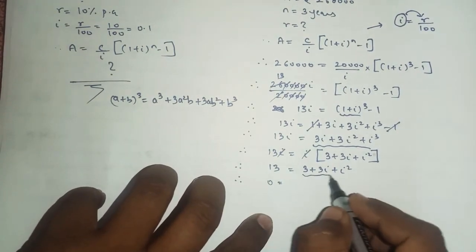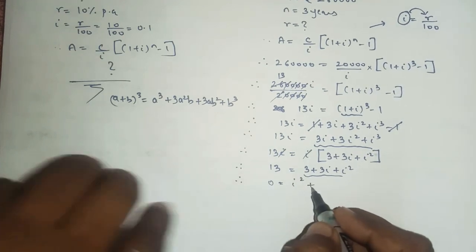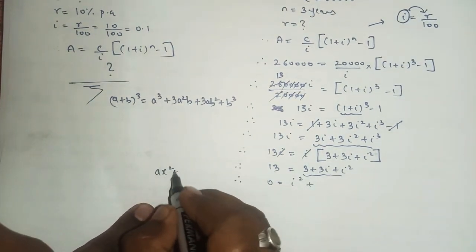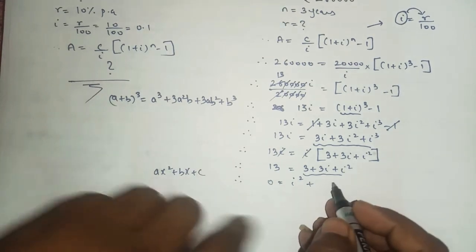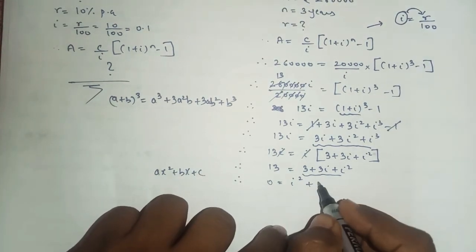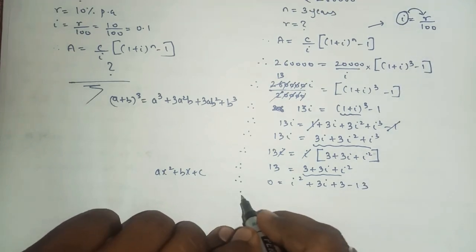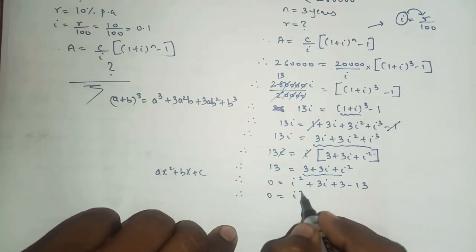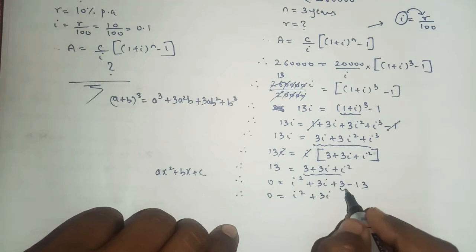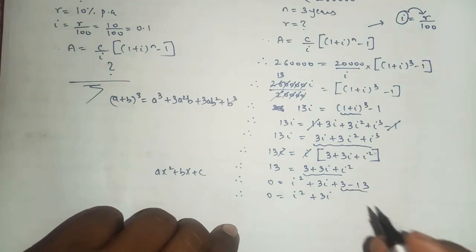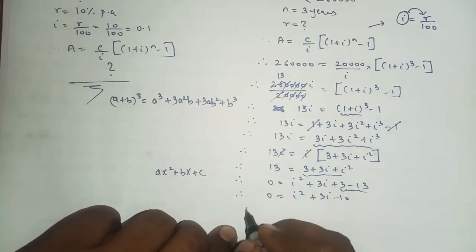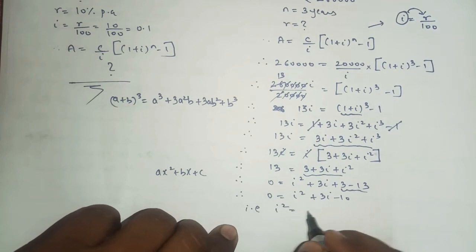We'll arrange this equation in the form of ax square plus bx plus c. Yes or no? So first we'll write the i square term, then 3i plus 3, then minus 13. So therefore 0 equals i square plus 3i, and 3 minus 13 will be what? Minus 10. So here we got